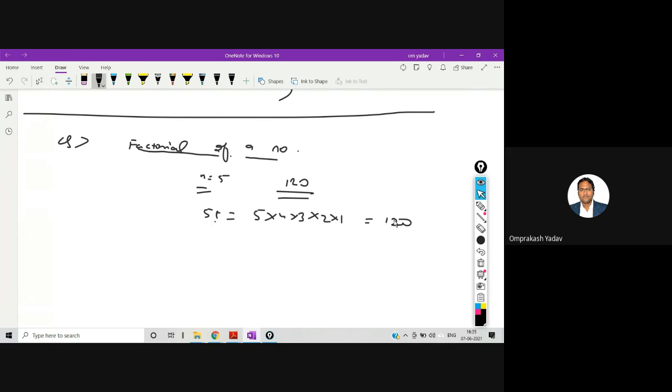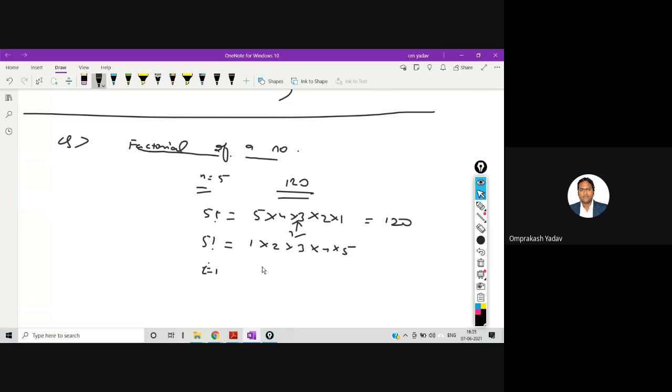This simple program we have to write. The moment I say 5 factorial, what does it mean? We can also write it in this way: 1 into 2 into 3 into 4 into 5, right? So it's the same thing. Whether I write 5 into 4 into 3 into 2 into 1, or I write 1 into 2 into 3 into 4 into 5, both are the same. So one thing is clear: if I have a variable i, and I start from 1, I need to multiply,